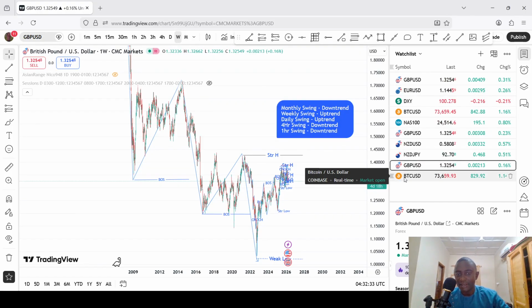So when I'm done, then I'll talk about something that we call correlation. You don't have to trade only one pair. The relationship between at least two or more pairs, that is the correlation. Sometimes they will be telling you the same thing and you will need confirmation from the other just to make sure you are in the right position, or at least your plan is okay. All right, so without wasting my time,